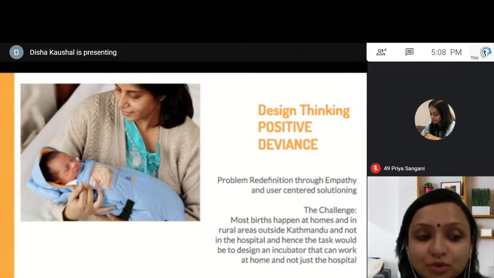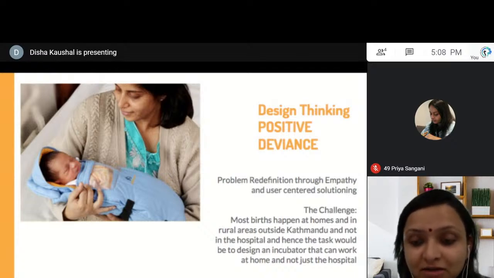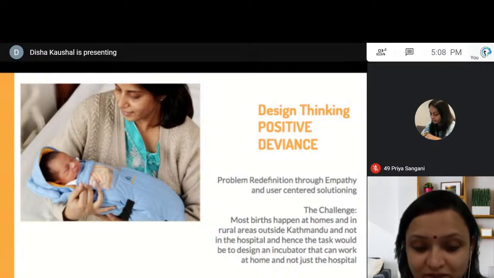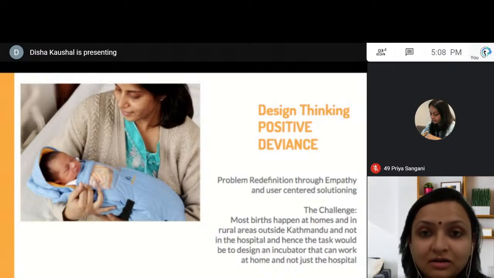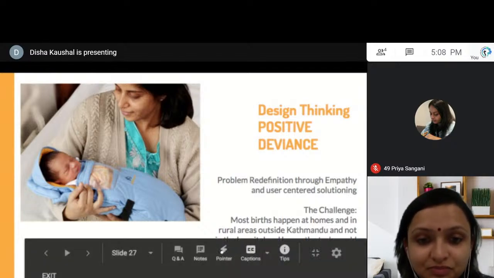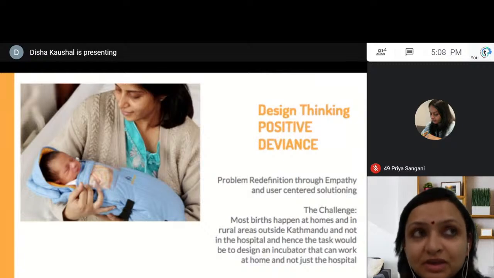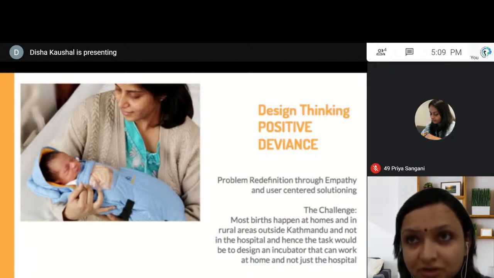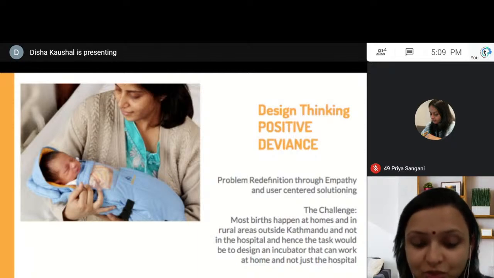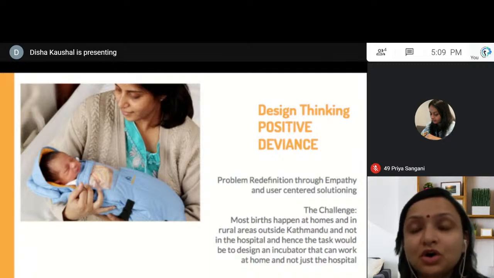This itself was very challenging, and initially they were stuck at a dead end. What do we do from here? How will we be able to move ahead? At that point, they realized that we need to come up with something which is low cost, affordable, and can be carried around by the people of the region, so that in case of an emergency after giving birth at home, the child can be transferred to the hospital,